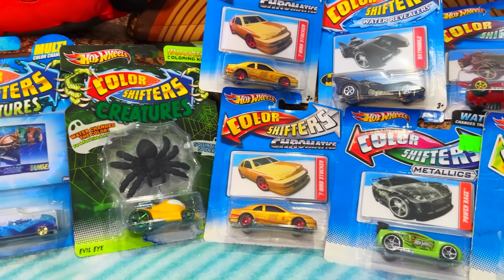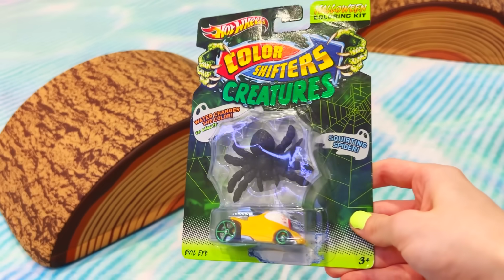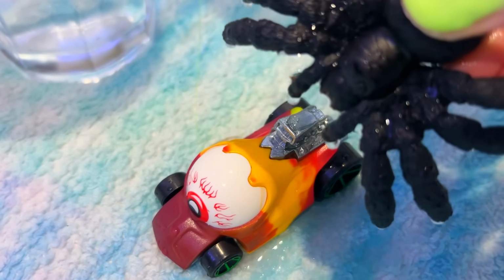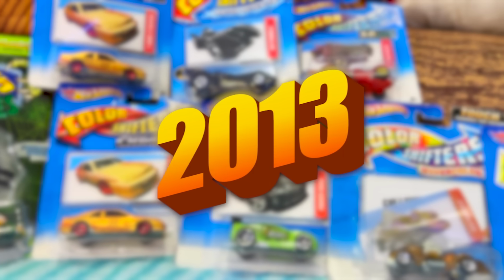These last few years have been amazing for the Color Shifters. All the different materials being in separate series with logo variations, custom packaging, door mechanisms, and even holographic cards really make the Color Shifters feel so much more dynamic and exciting. But sadly, the end of the whimsy was near, because the next year in 2013, the color